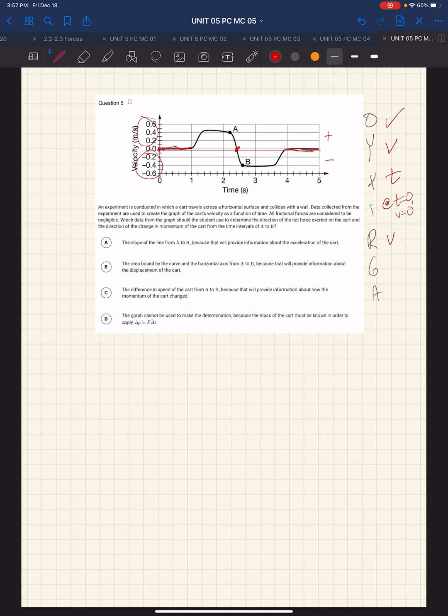So we can read v and t. The gradient is delta v over delta t, which is the acceleration. The area is delta v times delta t, which is the displacement, delta x. So we've interpreted that. So now we have an experiment with a cart that travels across a horizontal surface and